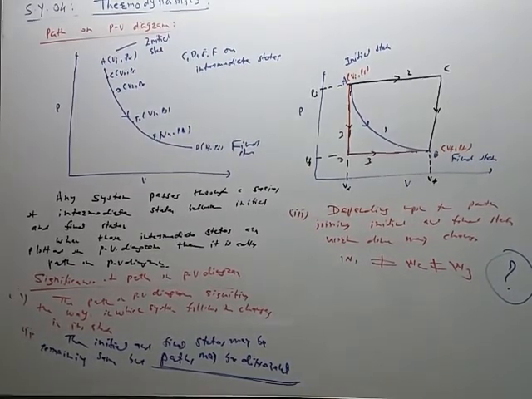This PV diagram is called the indicator diagram because it indicates the changes in the state. So this diagram shows that the initial state has volume Vi, initial pressure Pi, then it goes from A to C, volume changes from Vi to V1, pressure changes from Pi to P1, like this. Then it goes from C to D, D to E, E to F, F to B, etc. So how the change in the state of the system takes place is indicated by this diagram, and therefore this PV diagram is also called the indicator diagram.